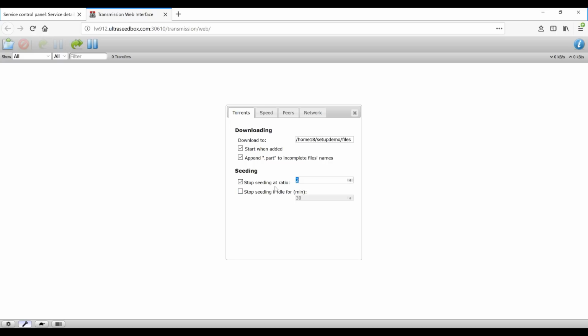So I want to stop seeding at a ratio of 2. Again, your choice, whatever it is. It could be 1, 2, 3, 4, 5, 6, whatever you want. The private trackers like to do 1-to-1, public like 1-to-1. I like to give back to the community on that aspect, so I set it to 2-to-1, which again means